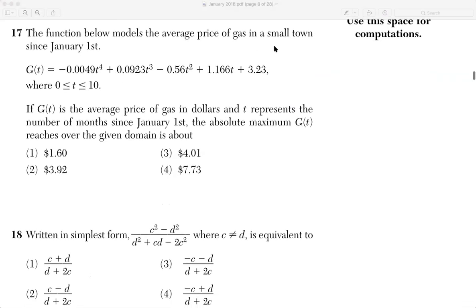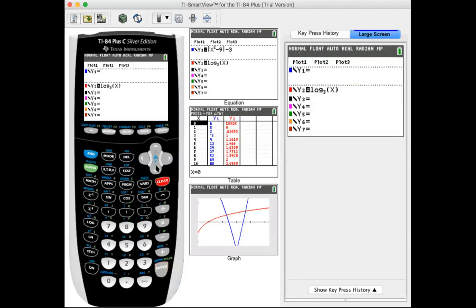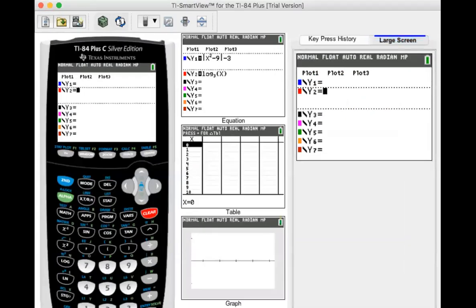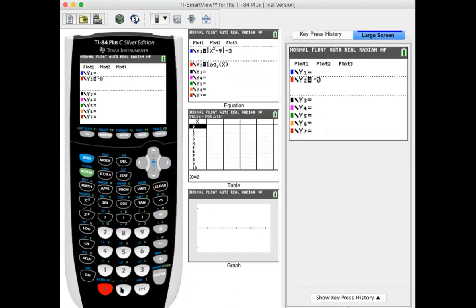The function below models the average price of gas in a small town. We've got this. What is the absolute maximum over the domain 0 to 10? Well, let's pull up our calculator. We want to find the maximum, so we punch this thing in. Let's see, it is negative 0.0049 t to the 4th, or x to the 4th,